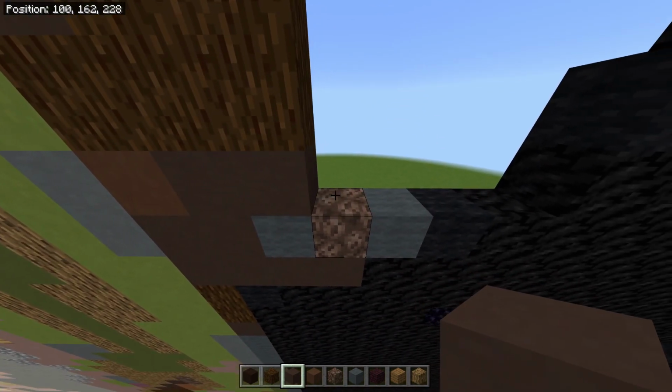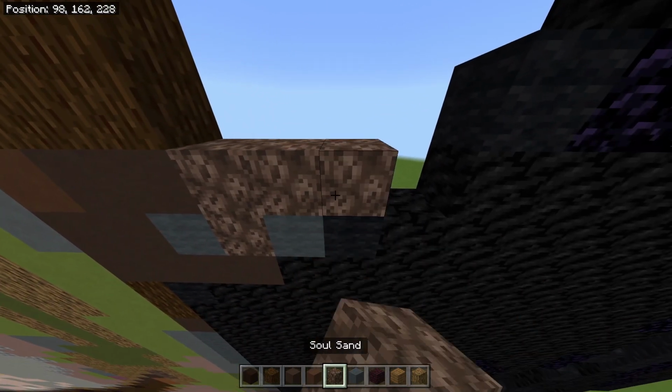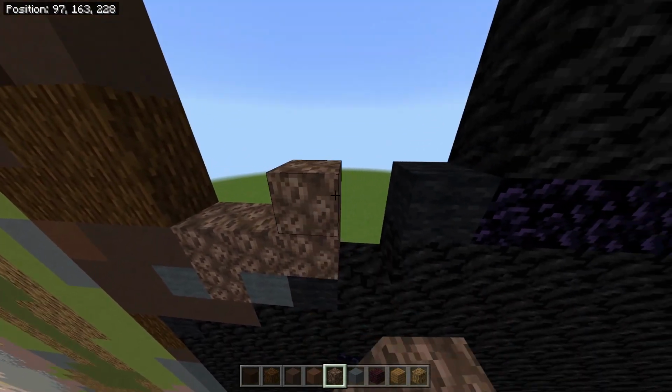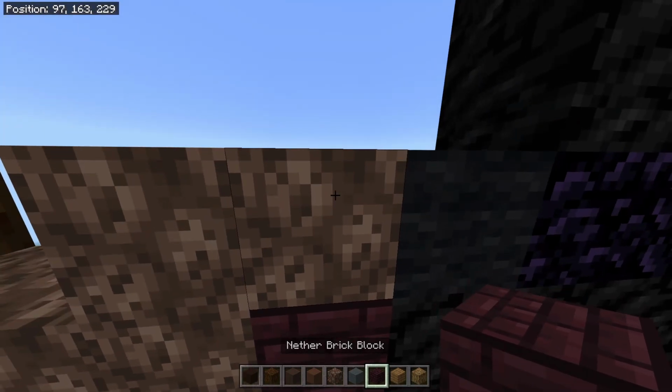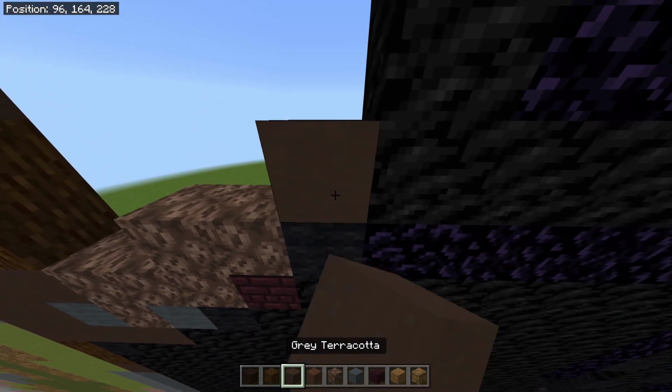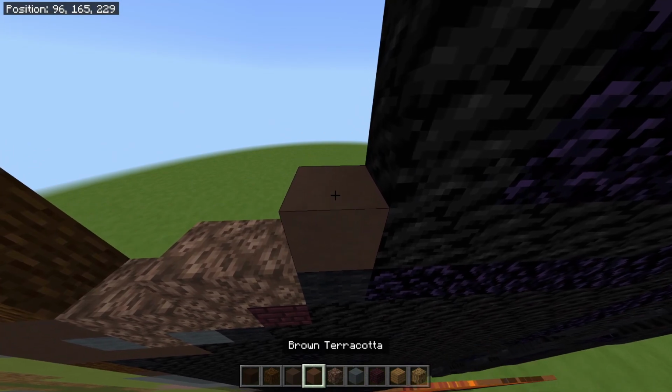Go back to this soul sand and place 3 soul sands going across to the right like so, with a linked 2 blocks going across on the upper level to the right. Underneath that, place a never break. Go back to these 2 and place a grey terracotta going diagonally up to the right with a soul sand